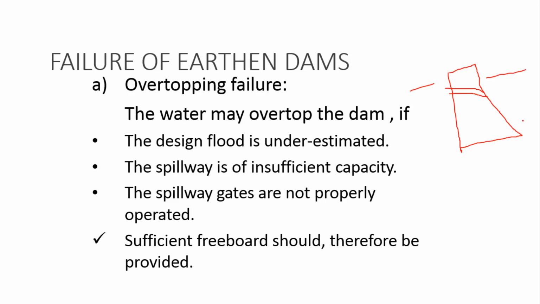If, for suppose, the spillway is of insufficient capacity, meaning if it is over flood, it is what we said in the first step: design flood is underestimated. If we are not considering the floods or flow level, then what will happen? Immediately the next stage is the spillway. Next, spillway gates are not properly operated. Based on our water flow, we will release our gate. If I am releasing only gate 1, it is okay. But if the flow is more and I am still using only a single gate, then what will happen? The entire load or entire force will fall on our concrete.